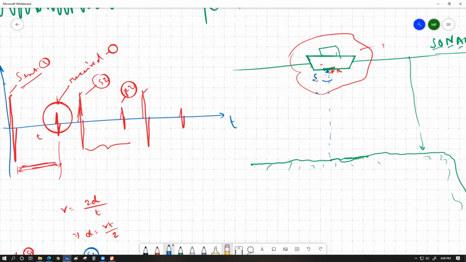The sending unit keeps sending the pulse at a fixed rate, let's say 100 times per second, or 200, or 10 times per second, depending upon the device. The receiving unit receives all of this sound from the source and also the reflection,